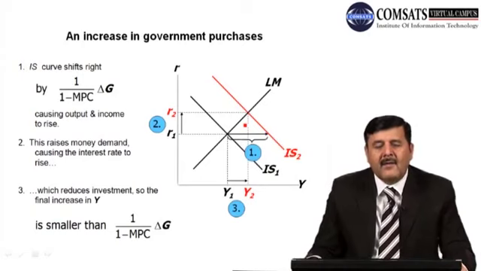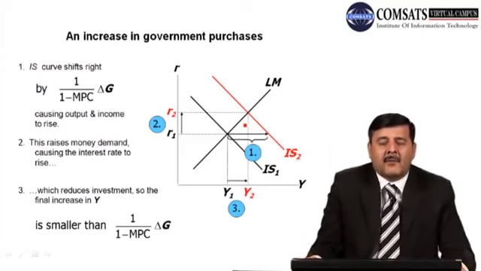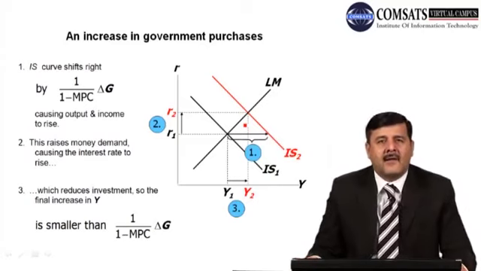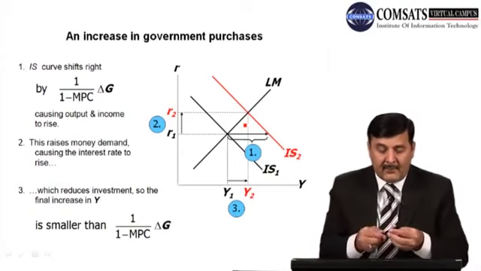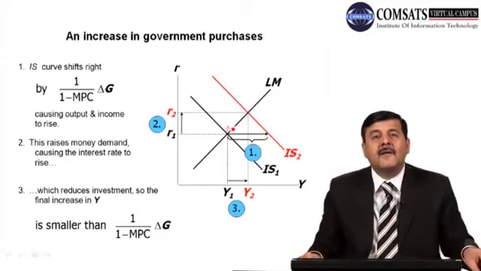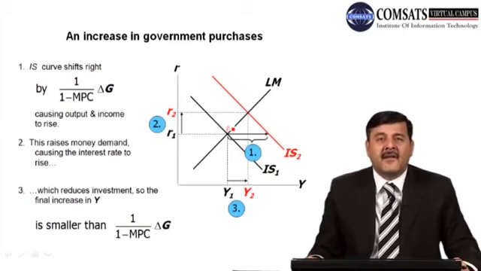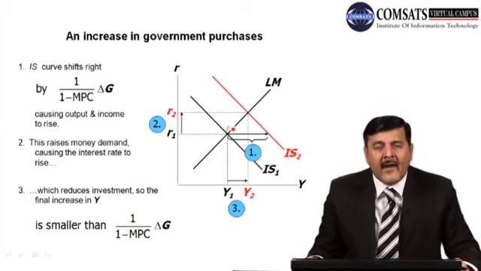If you look at the slide, we have a graph. On the y-axis we take the interest rate, on the x-axis we measure the income level, and we have the IS and LM curves. Initially both markets are in equilibrium. We can give a name to this point; let us say this is point A. Both curves intersect at point A,